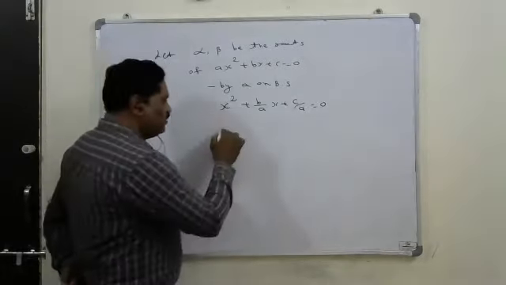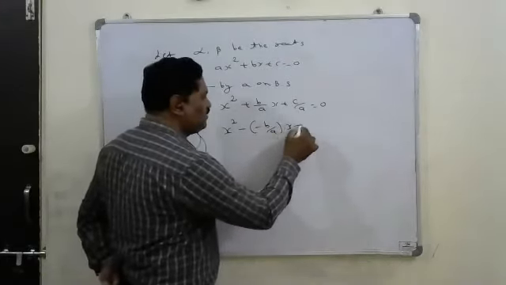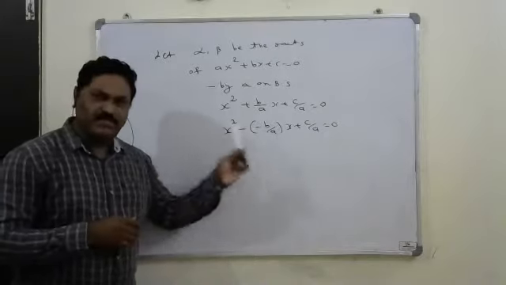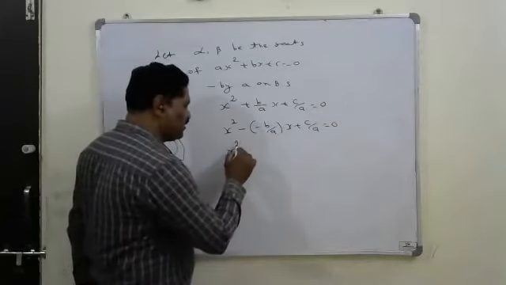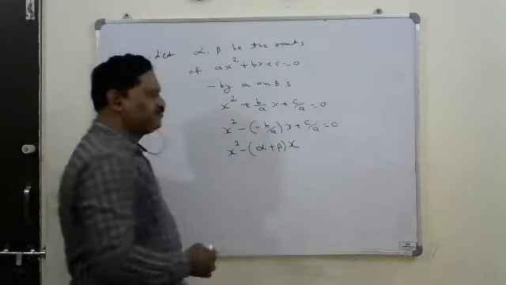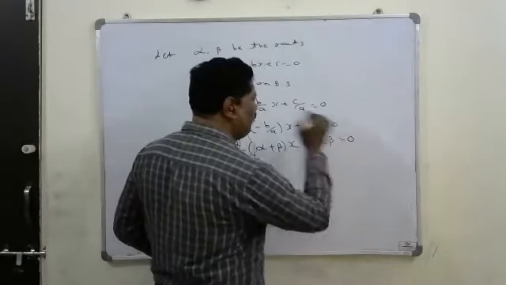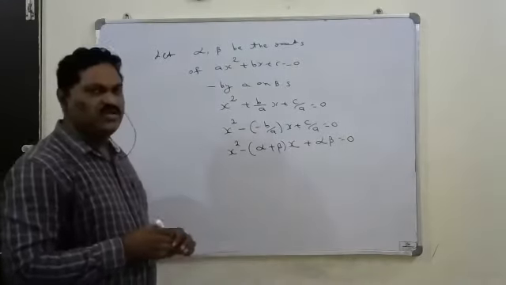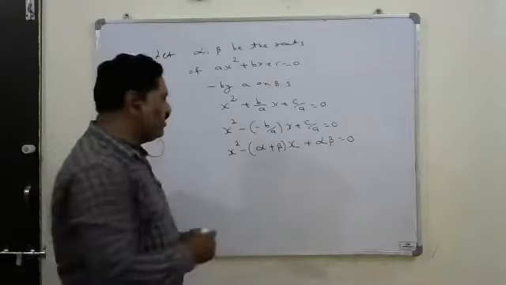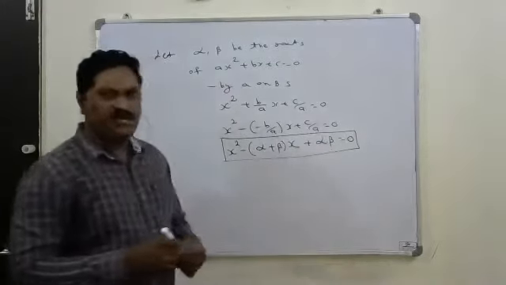Then this is x square plus, I can write that as minus of minus b by a into x plus c by a is equal to 0. Therefore it is x square minus of b by a, which represents the sum of the roots alpha plus beta, into x, plus c by a, which represents the product of the roots, that is alpha into beta, is equal to 0. Understand? It means if alpha comma beta are the roots of the equation, then the quadratic equation is x square minus sum of the roots into x